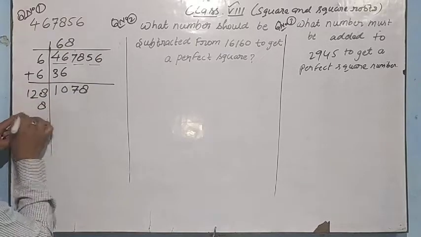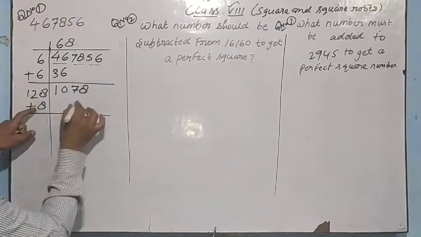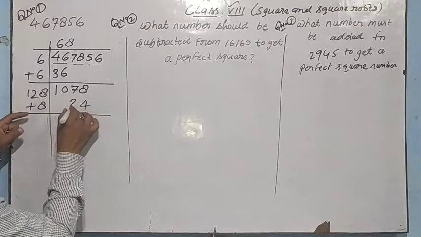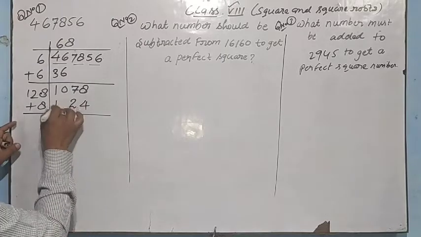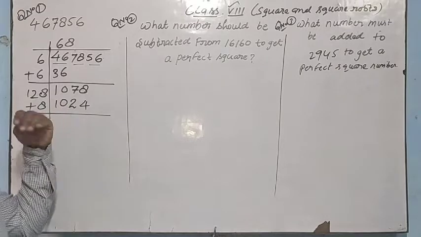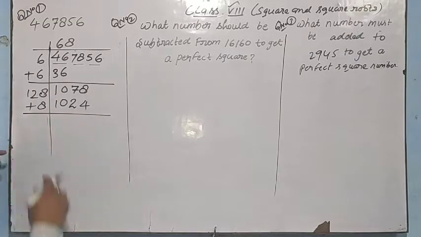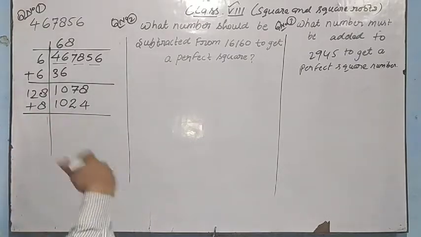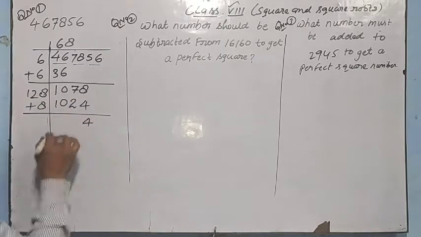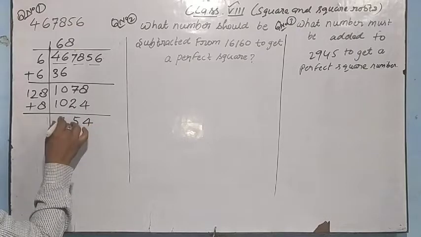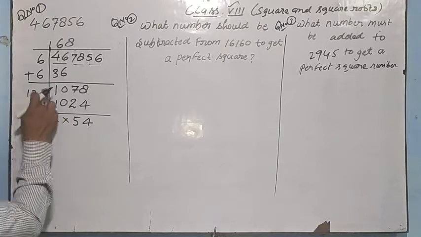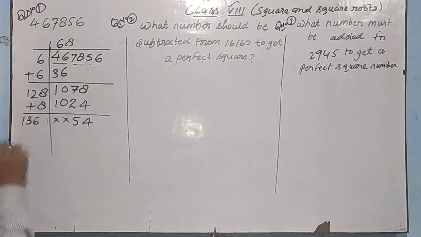What will we get? See, 8 8s are 64, 8 2s are 16 and 6 is 22, 8 1s are 8 and 2 is 10. This is just less than 1078 and not exceeding 1078. And if we take 9, it will be more than 1078. So we have taken 8. Now 8 minus 4 is 4, 7 minus 2 is 5, 0 and 0. 8 plus 8 is 16. We need to add this. 8 plus 8 is 16, 2 plus 1 is 3 and this.